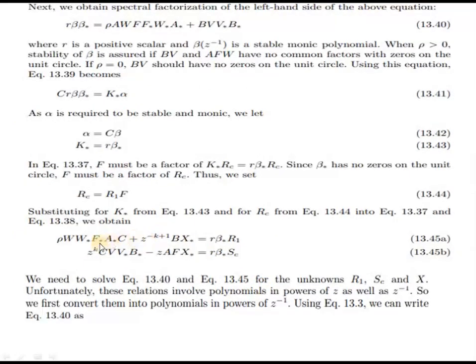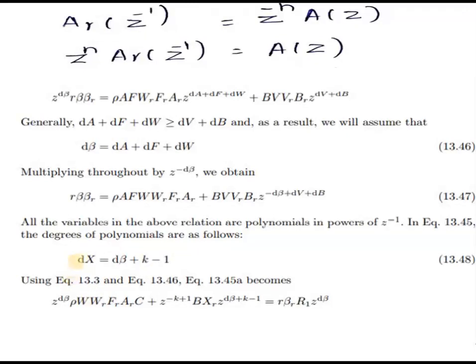Here you can see this is equation 13.45, and we have just replaced all the polynomials in star, that is, the polynomials in z, we have to replace with z inverse. Here you can see we have just replaced all the polynomials. Here W star becomes W_R F_R into A_R, and here we can assume that d_A plus d_F plus d_W is nothing but d beta. Therefore we have